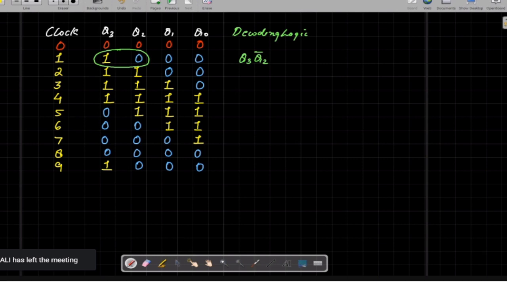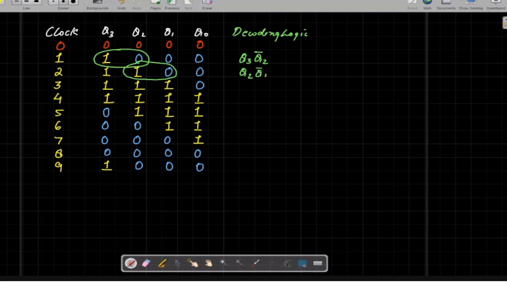Similarly, you will succeed for the next two pairs of the output. Hello, am I audible? Yes, sir. Okay, so in that case you have to consider these two pairs of output, and you have to write the decoding logic for this. So this decoding logic becomes Q2